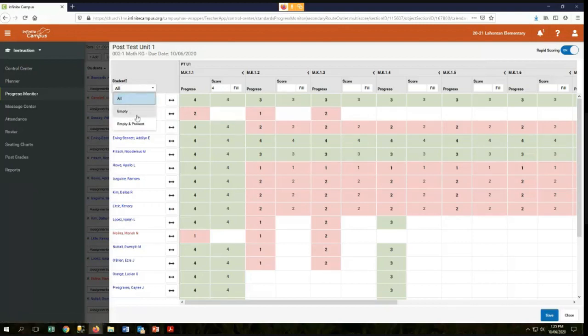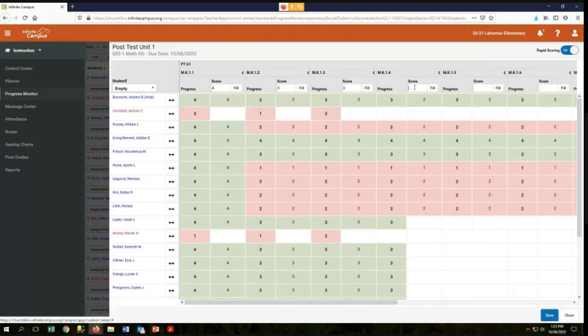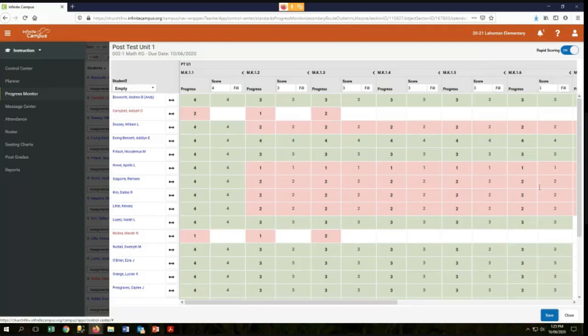But say I did get through this many and I'm like, okay, the rest of the kids are a 3. I can change this to empty and then use my fill to continue filling